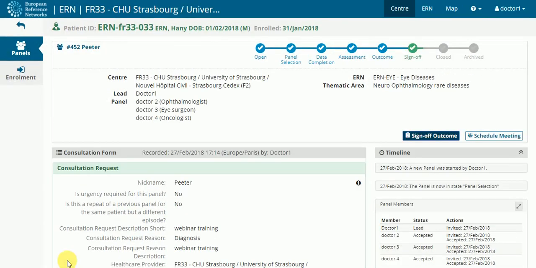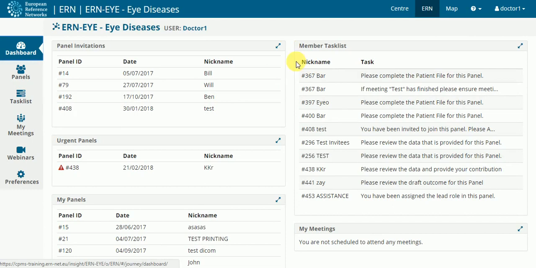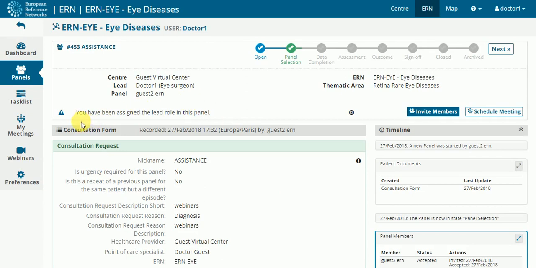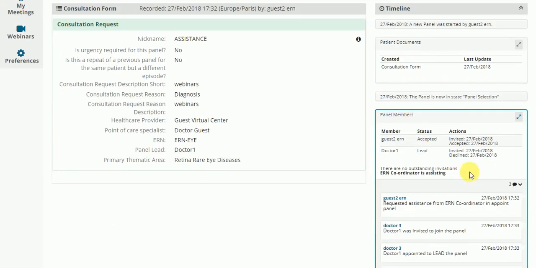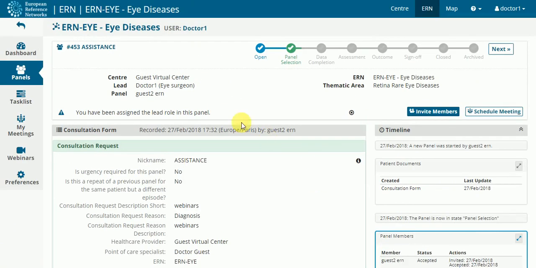And let's access the system as Dr. 1 here. If I go to my ERN dashboard, I will get some notification in my task list here. It says you have been assigned the lead role to this panel. If I click here, I can see now the notification that I became the lead for this panel, and I see the interaction here that they are in assistance has invited me and appointed me as a lead in this panel. And I can see the guest or the external health professional part of their end,